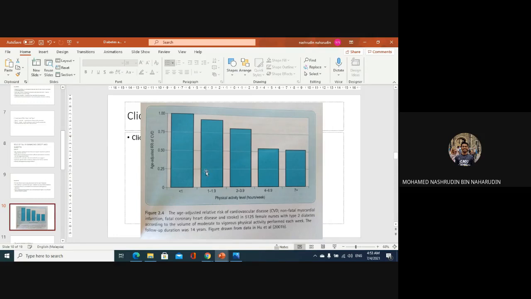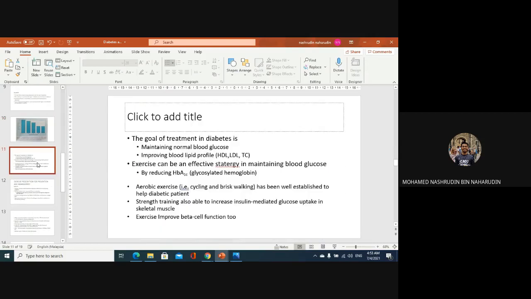So yeah, this is some evidence that you can get the idea of how performing physical activity among the diabetic population can reduce the risk factor of having premature death due to cardiovascular heart disease. So for the diabetic population, you have to remember when you have a patient,